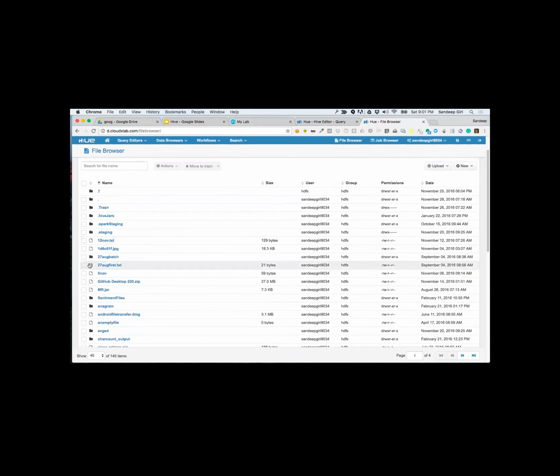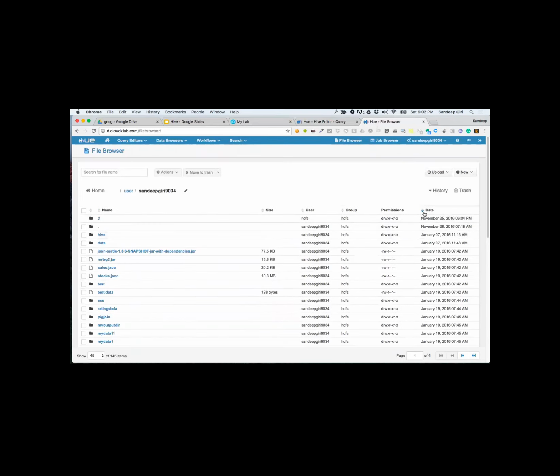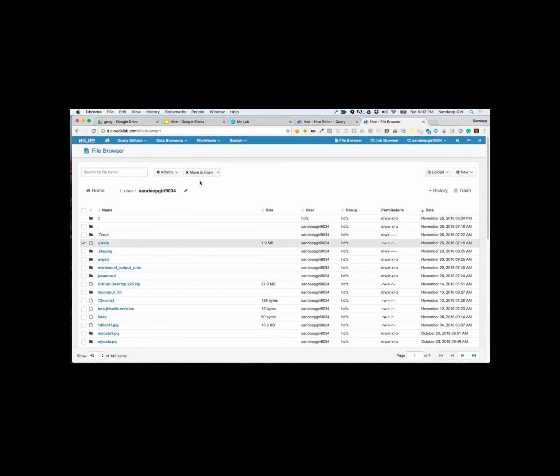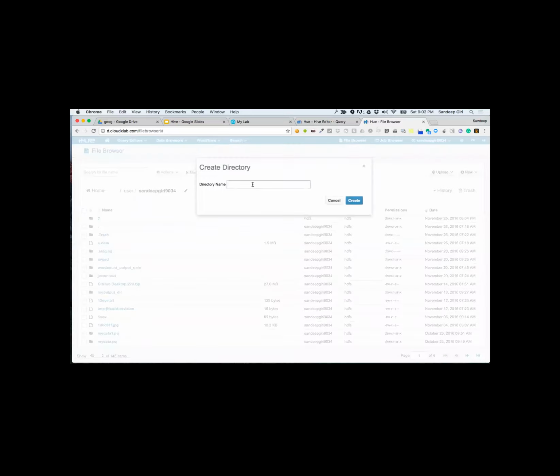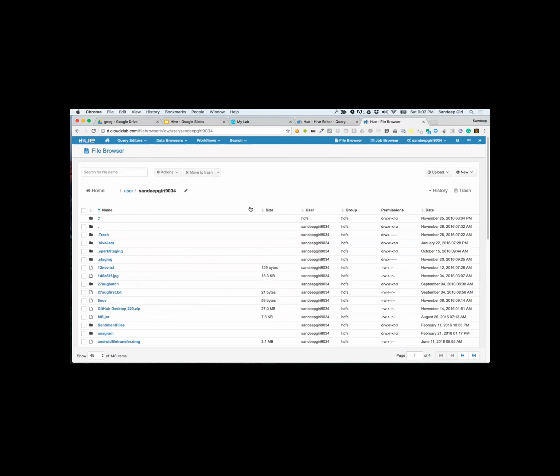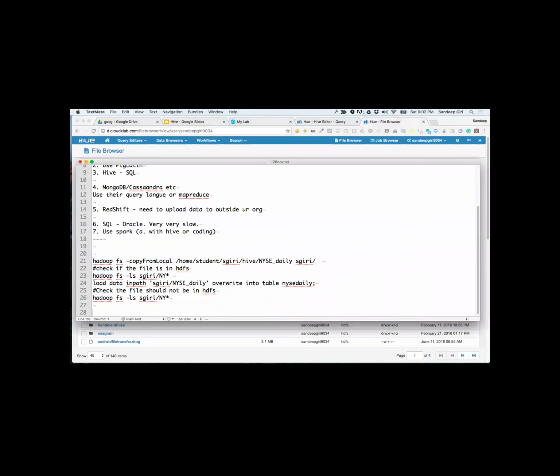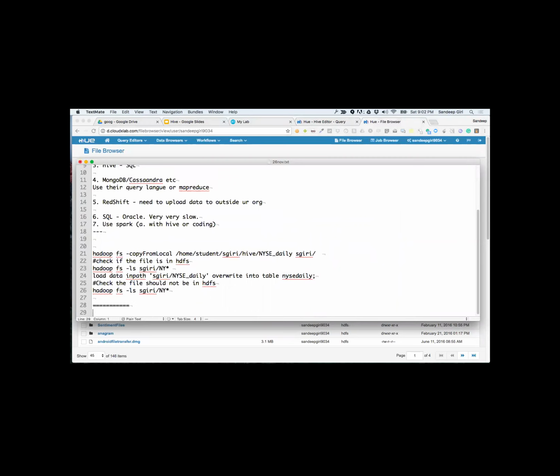One more mistake we made was that instead of creating a folder, we created a file. So let's create one folder here. We are saying new directory, and let's say ML100K. That's the folder we are creating. Let me again put down what we are doing.